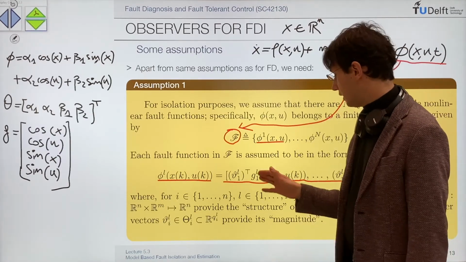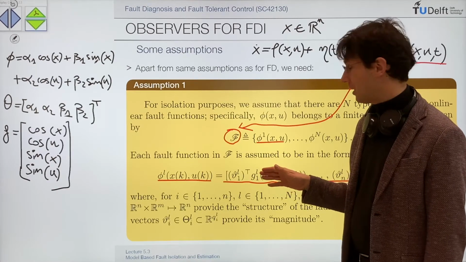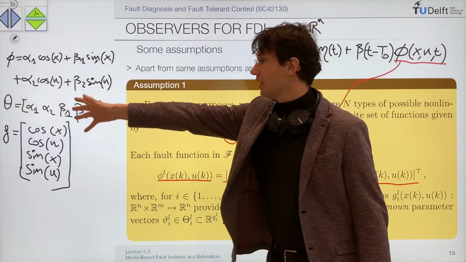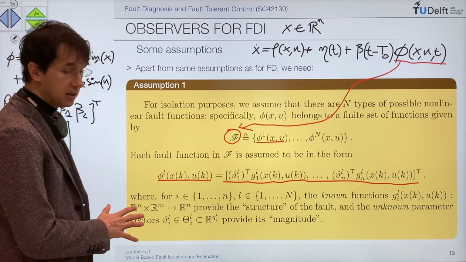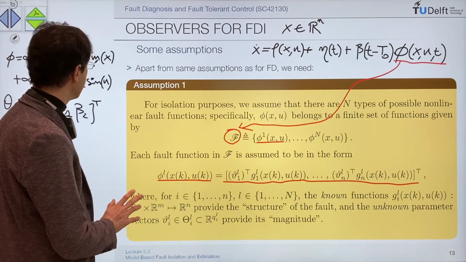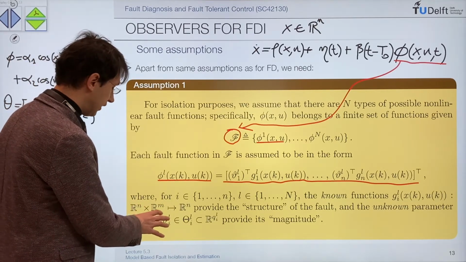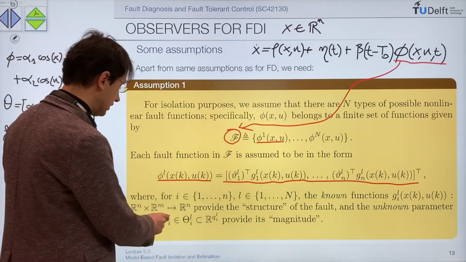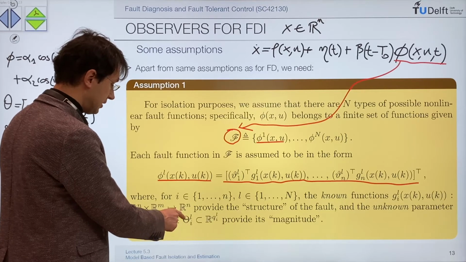So if you need 200 terms to approximate this fault function using an expansion like that, well, you use 200 terms. So the only thing that we need to assume in order to have a problem that we can solve in practice is that the parameter vector cannot take arbitrary values, but they need to be part of some set,